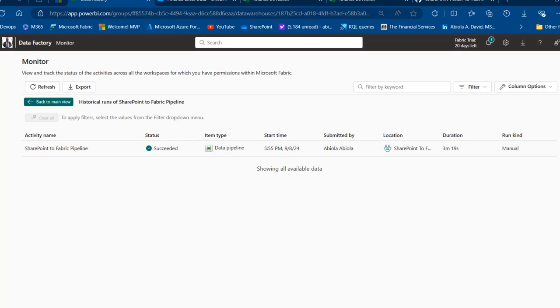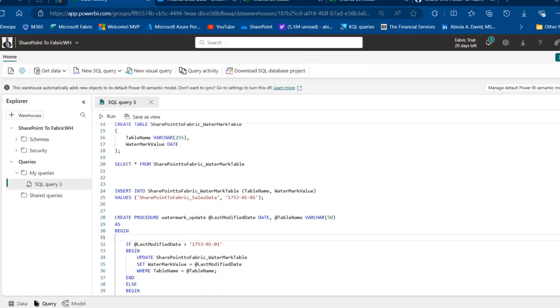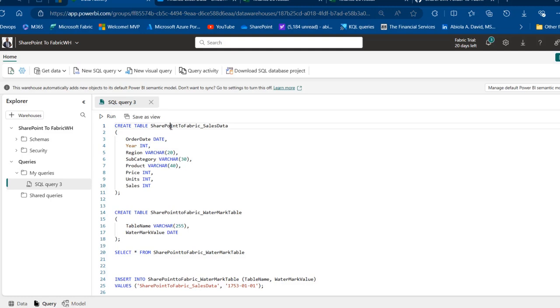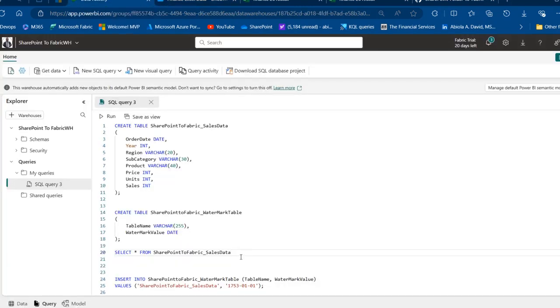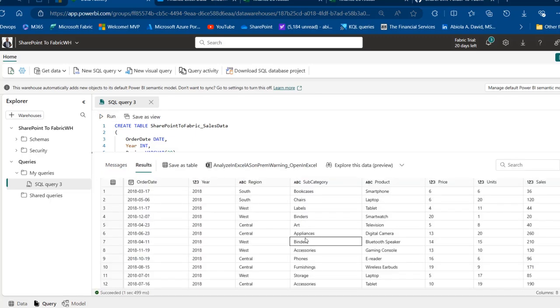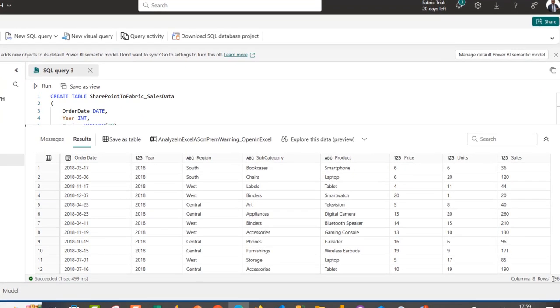Now I'm going to come to my warehouse and check this out. I'm going to just run this. We want to select all the rows from this sales data and check it out. Now don't forget, in our source data we have the final 2018 and 2019 that must give us 98 records. So I'm going to go ahead and click on run. So of course this gave us